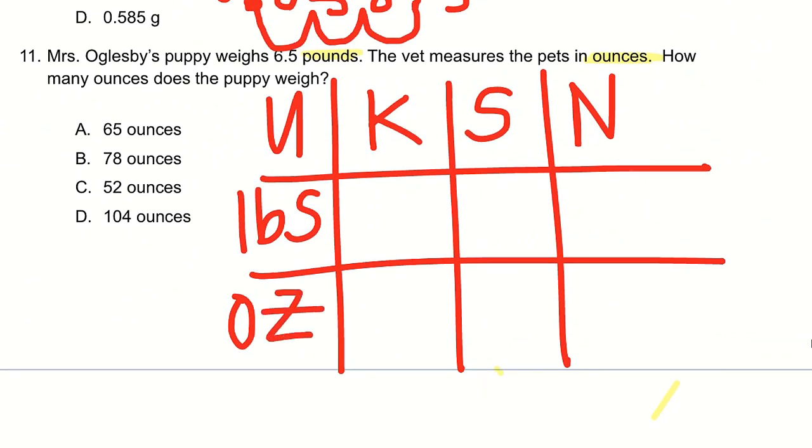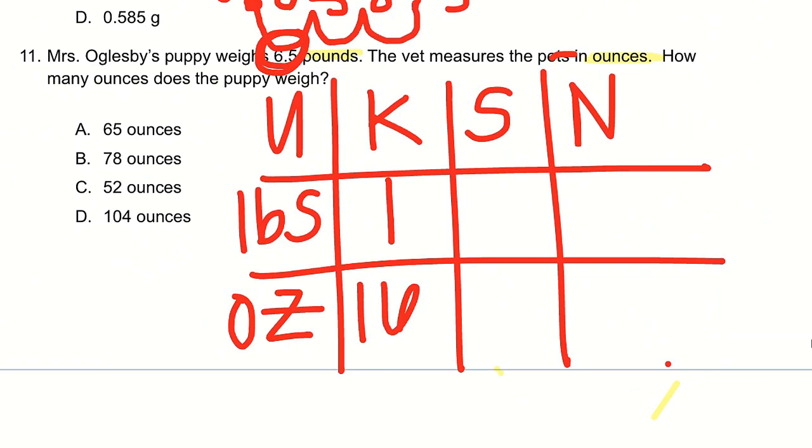And then I know my number comes from my handy dandy formula chart. If I look on my handy dandy formula chart, which you can have one on your test, I know that 1 pound is 16 ounces. Okay, and again, that is found on your formula chart. You don't have to have that memorized. I need to get to